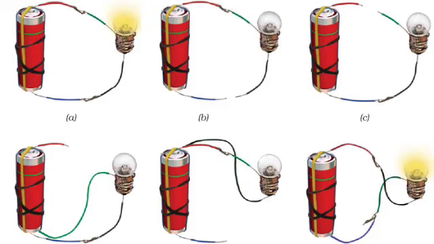An electric circuit. In the earlier activity, we connected both the terminals of the electric cell through wires passing to and from the electric bulb. Note that in the arrangements A and F, the two terminals of the bulb were connected to the two terminals of the electric cell. Such an arrangement is an example of an electric circuit. Thus, an electric circuit shows a complete path for electricity to pass between the two terminals of the electric cell.